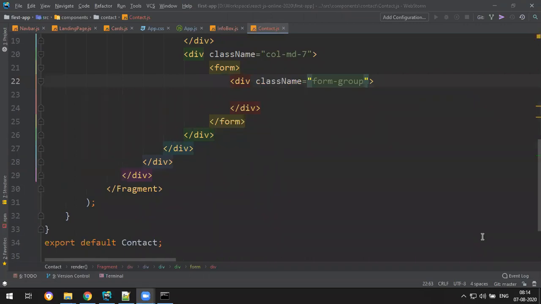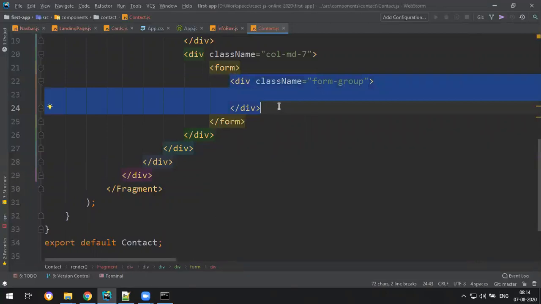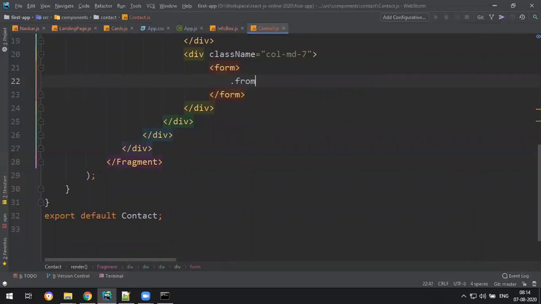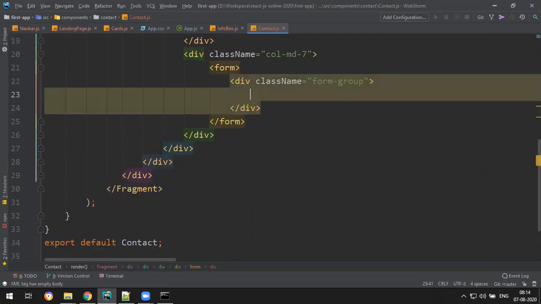Please tell some WebStorm shortcuts that will help in React. WebStorm shortcuts. That's what you want, to give a class name, right? For a form group division with the class name form-group, you write dot form. See, like this. If you know the class name correctly, form-group, tab, like this.